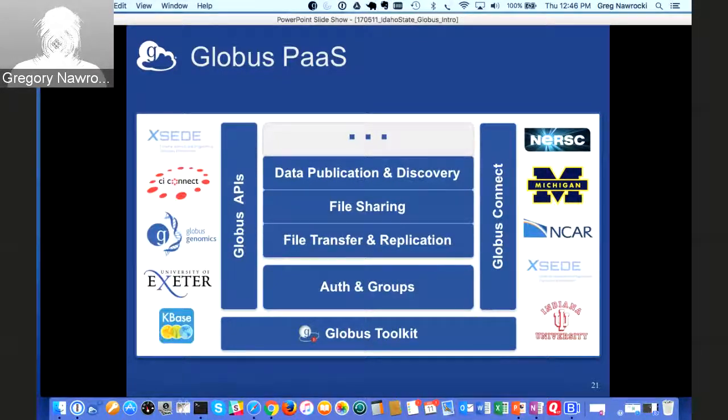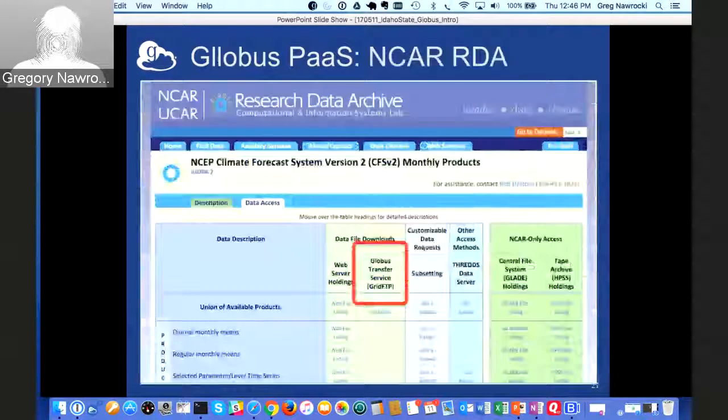So you can build interesting portals, interesting web applications, all using our API set to do things in the Globus way. So if you've got workflows that have file transfer needs, authentication needs, feel free to use our API set.